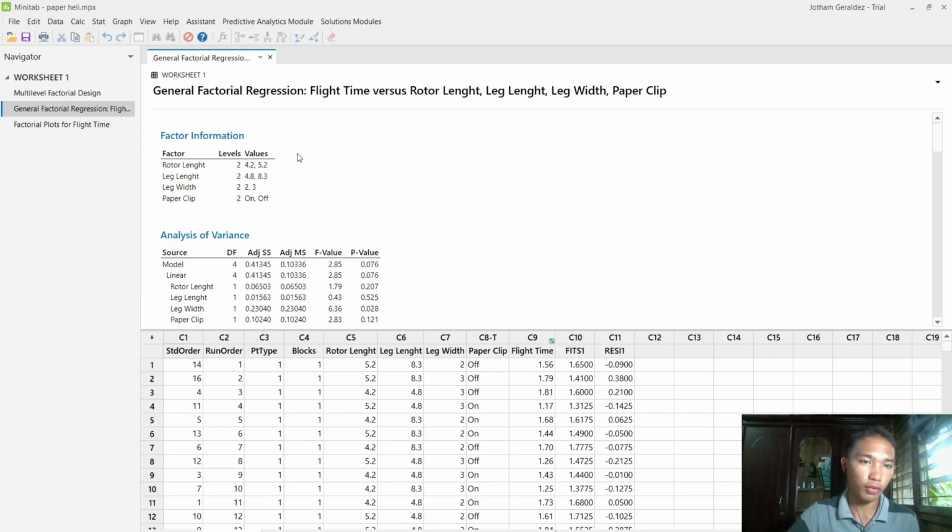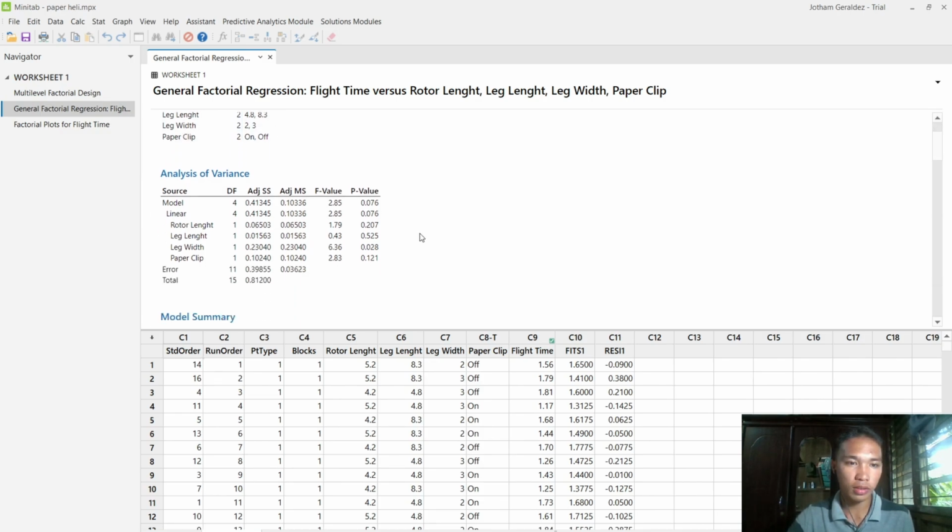The first thing we have is the factor information. So you can see the information on all of our factors from rotor length to the paper clip. These are the factors, and there are two levels for each of the factors. So you can also see here the